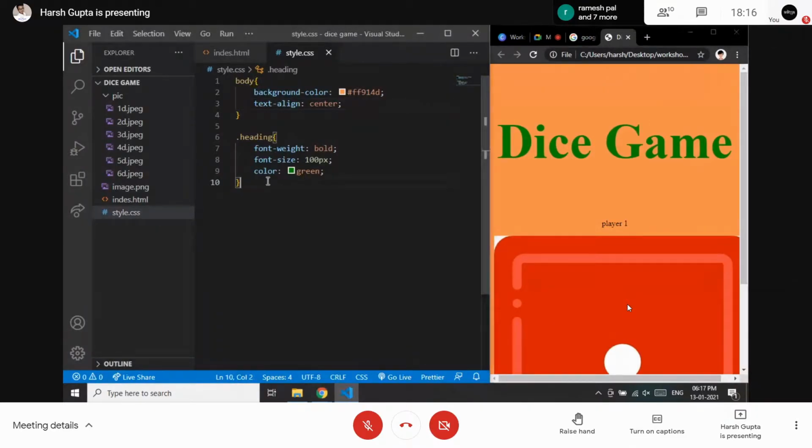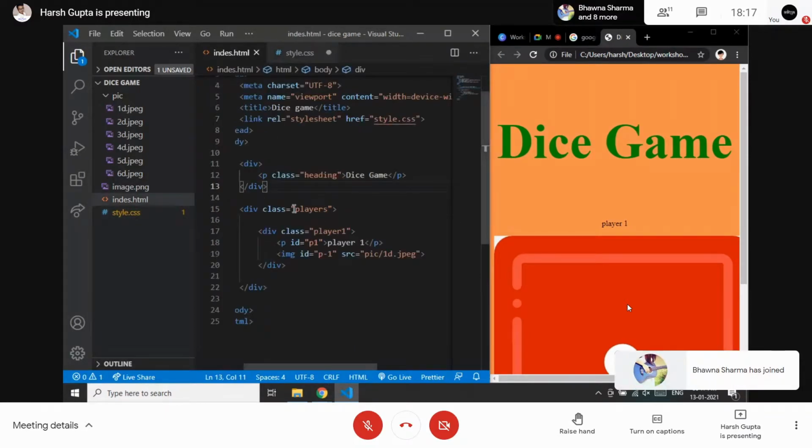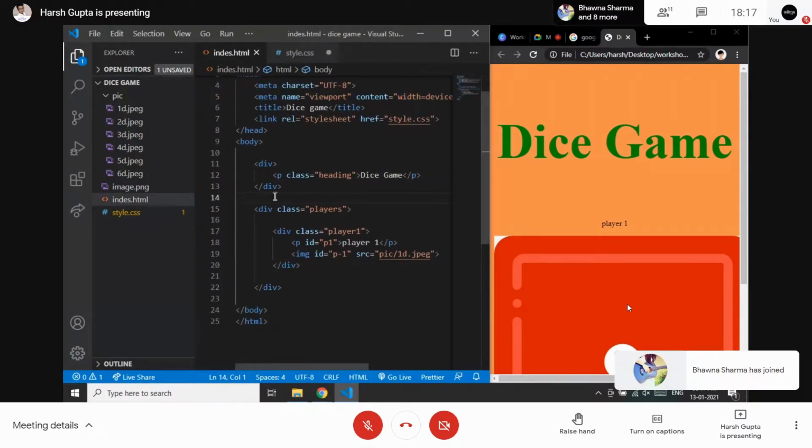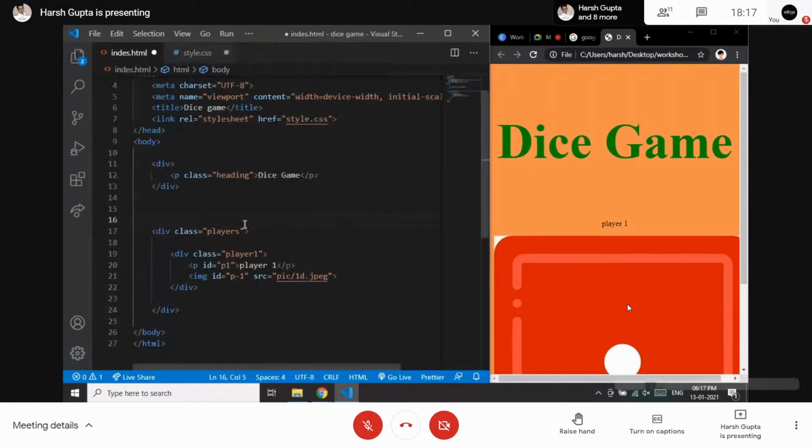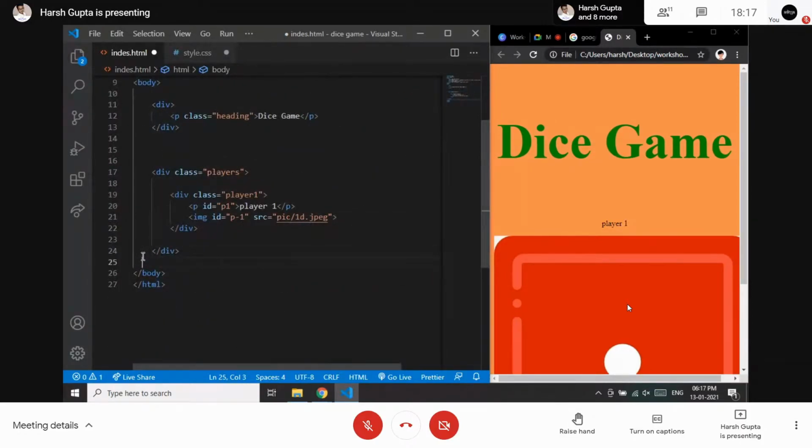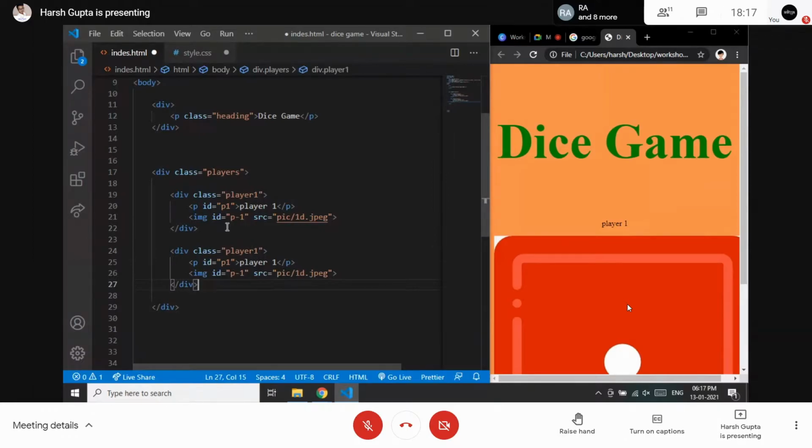So now I will be making player one modify. So for that, I will be just typing a P player. First of all, the players I have, because the players comes first because it is in this div. Let me just give it a space and do this. Now we can clearly see we have the players div, and inside this player div, I will be having this player one, and I will copy this, and again I will paste it as well.